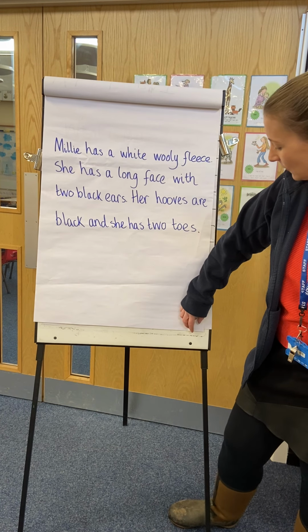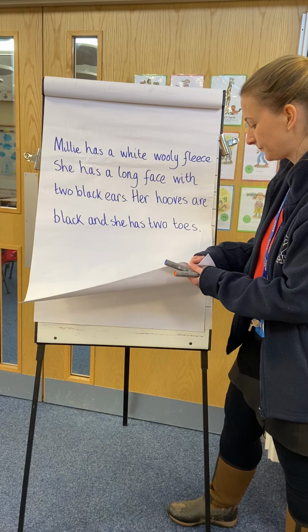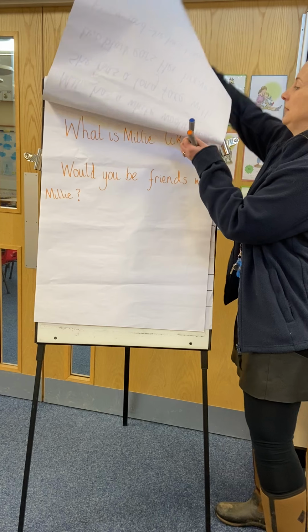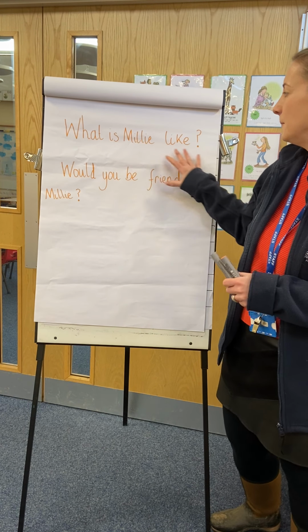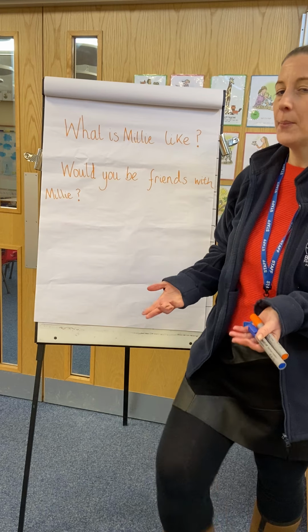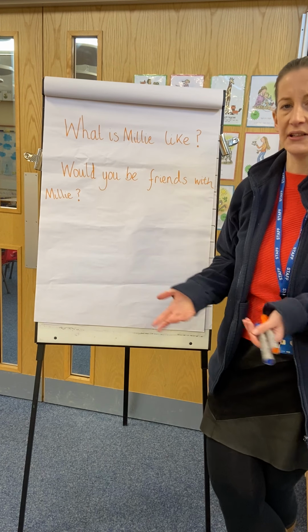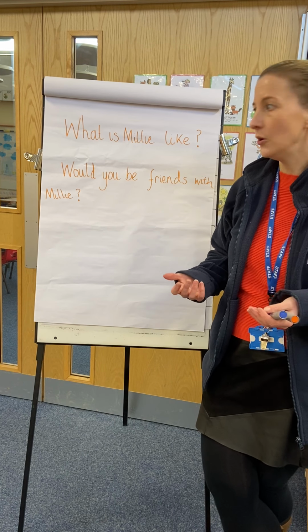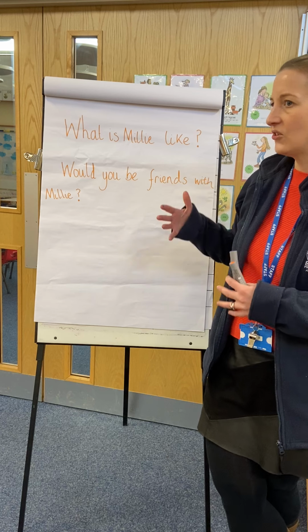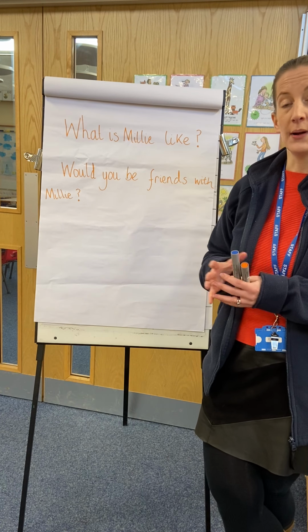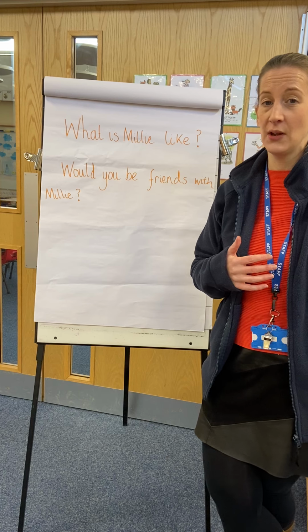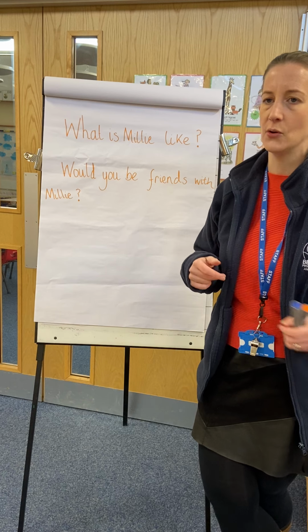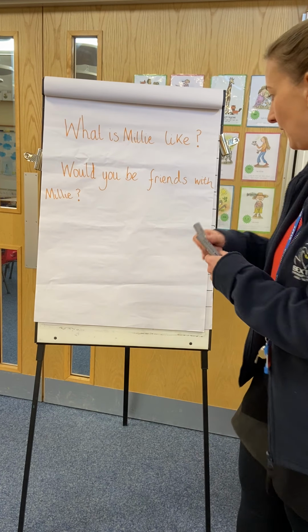So the next paragraph, let's have a look at what we're going to think about. We are going to have a look about what is Millie like. And when I say that, I'm thinking about what's her personality like? What is she like as a character in that story? And sometimes when you're doing that, you think to yourself, would you like to be friends with Millie? And that question helps you come up with a way of describing her, whether it's a positive description because they're very kind and helpful, or if it's quite a negative description, there might be a baddie in the story. But Millie in this story is definitely, if I come up with this word here,